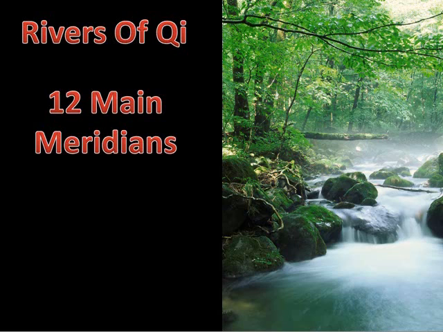The lung meridian flows into the large intestine meridian, that flows into the stomach meridian, then that flows into the next, and finally it all returns to the lung meridian. So the qi flows in one massive circular energy pathway throughout the entire body. In future podcasts, I'll discuss each individual meridian and discuss its flow.